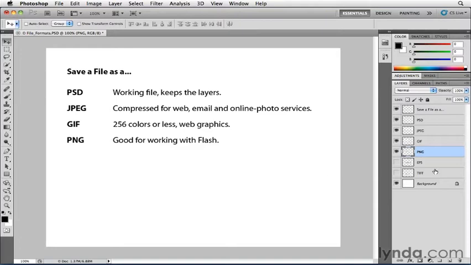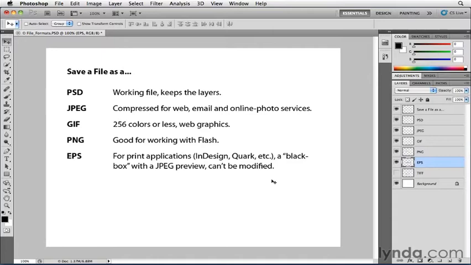A couple file formats to talk about for printing that are common that you might run into. The first one is an EPS format, an encapsulated PostScript file. This is kind of an old school format. It's kind of being phased out. I mean, some people still use it, but it's largely been replaced with other file formats. It's something that you typically would see in a print workflow, either using a product like InDesign or Quark or Illustrator. And basically what's happening when you save a file as an EPS, you're pre-rendering or pre-printing the file to